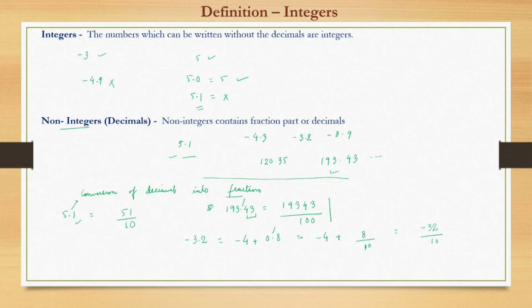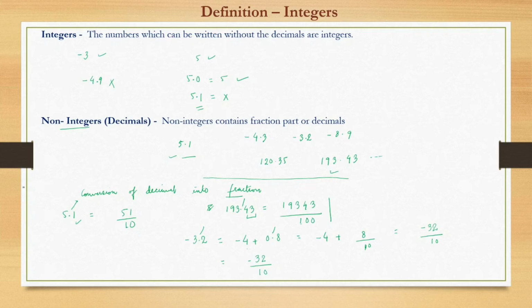So did we see? This is the process. From here we can get that even minus 3.2 we can directly write as minus 32 and, taking off the decimal, place 1 and write 0. So I could derive here and show you that the negative is also the same as the positive in the way of conversion.